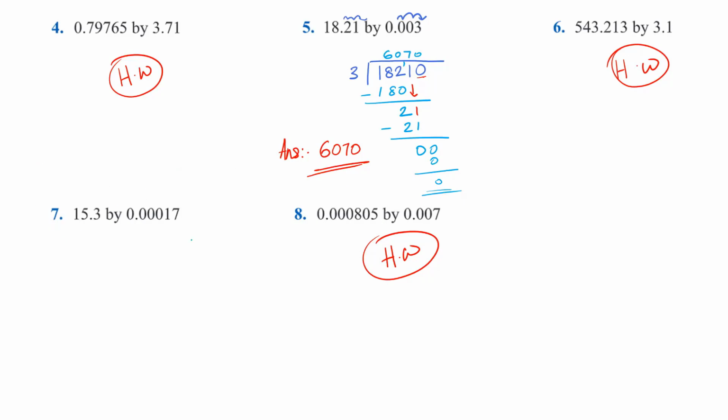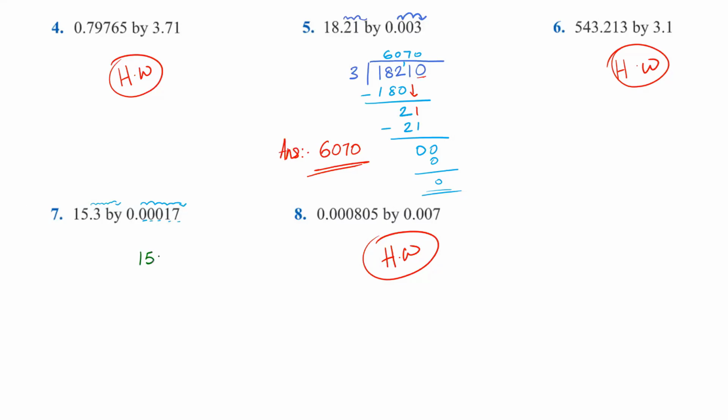And now do the 7th question. Last question, we'll do this and wind up today's class. Do it fast. The last question, the 7th one. All others do as homework. Now how many decimal places are there in the divisor? There are 1, 2, 3, 4, 5. So I should shift this decimal 5 times. If I shift it 5 times, here also you should shift 5 times. So what will the dividend be then?